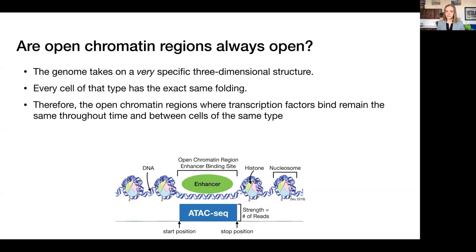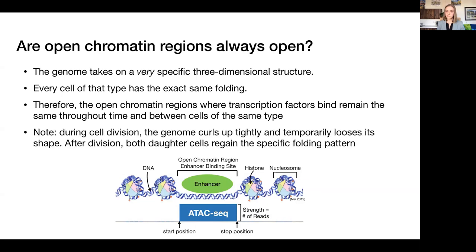The second question was, are open chromatin regions always open? So the answer is yes, the genome takes on a very specific 3-dimensional structure. And every cell of that type has the exact same folding, the exact same structure. So therefore, the open chromatin regions, which are where the transcription factors bind, remain the same throughout time and between cells of the same type. But a note is that during cell division, the whole genome curls up really tightly and temporarily loses its shape. But after division, both daughter cells regain the same specific folding